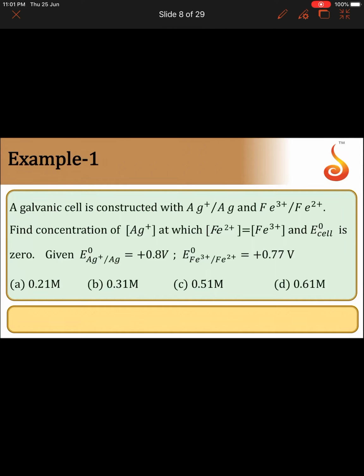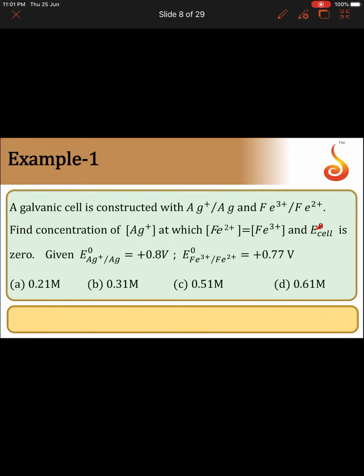A galvanic cell is constructed with Ag+|Ag and Fe3+|Fe2+. Find the concentration of Ag+ at which the concentration of Fe2+ is equal to the concentration of Fe3+. And here it is E cell, not E0 cell, it is E cell. E cell is 0. Given E0 reduction potential value for silver is plus 0.8 volt, Fe3+ to